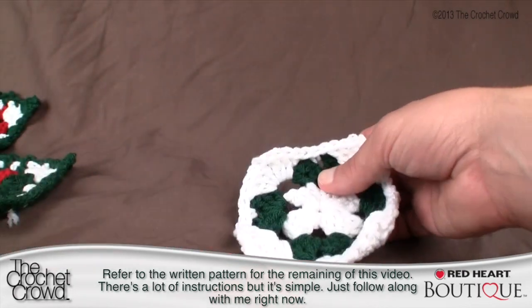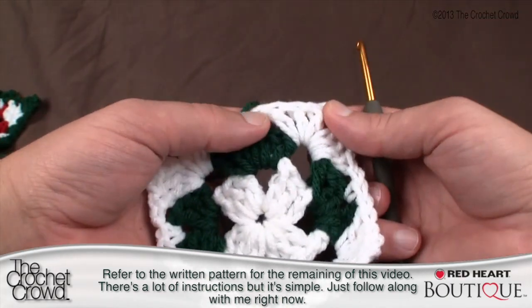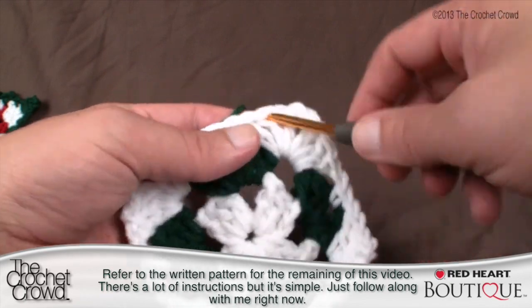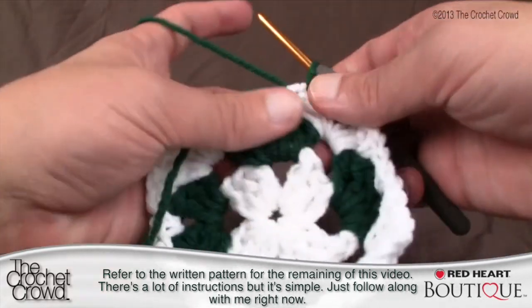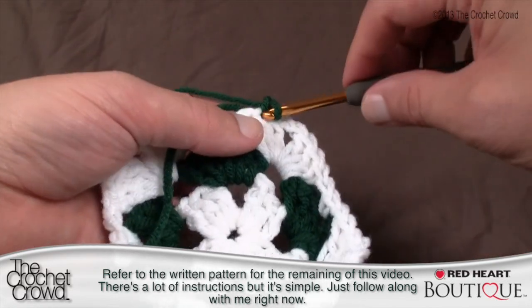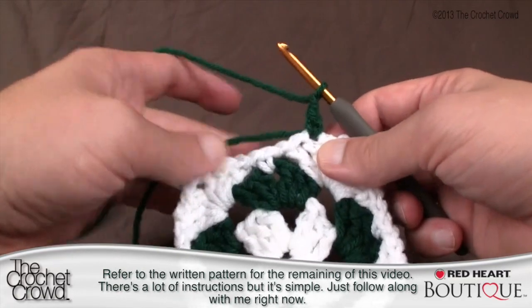So we're going to start off the square just like we have been all along, so just reverse backward in this tutorial if you have to. I'm just going to get you started. Remember, it's the middle of the 3, and we are going to do 2 sides of this without really thinking much about it. So just single crochet again, chain 1, going into your gap space,